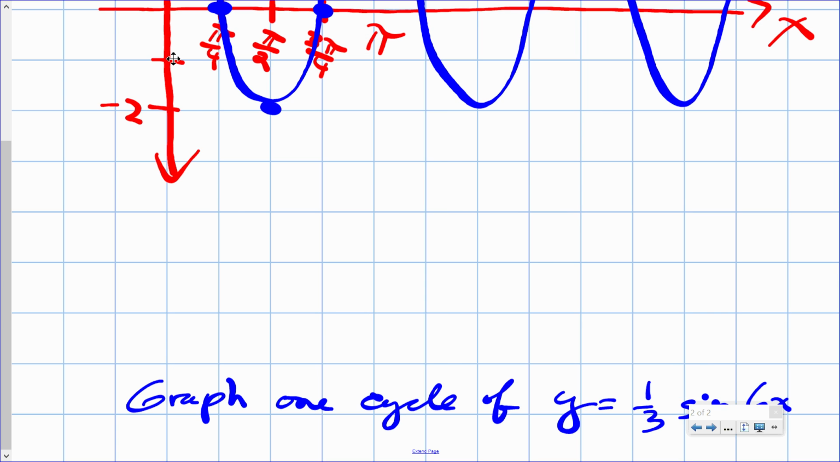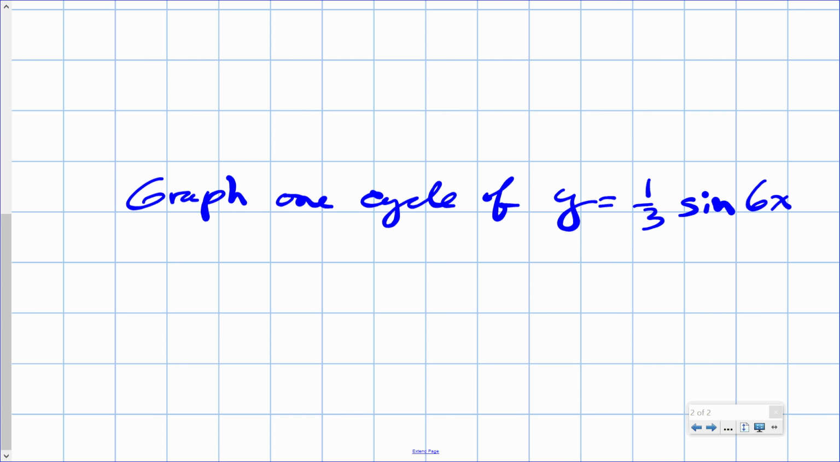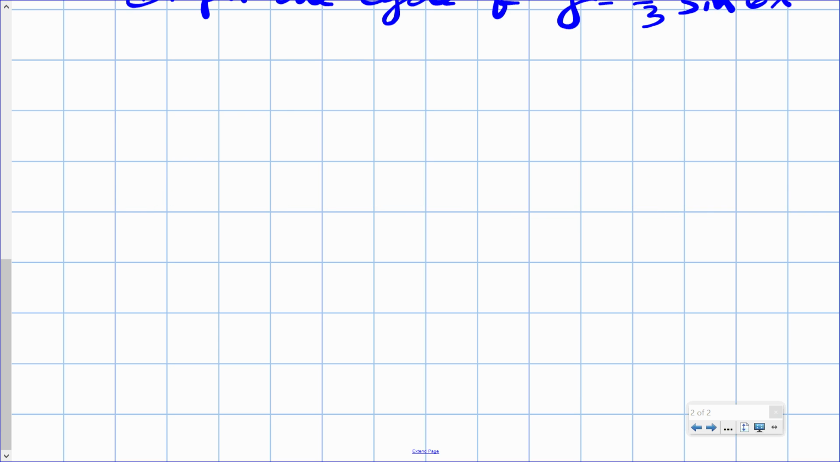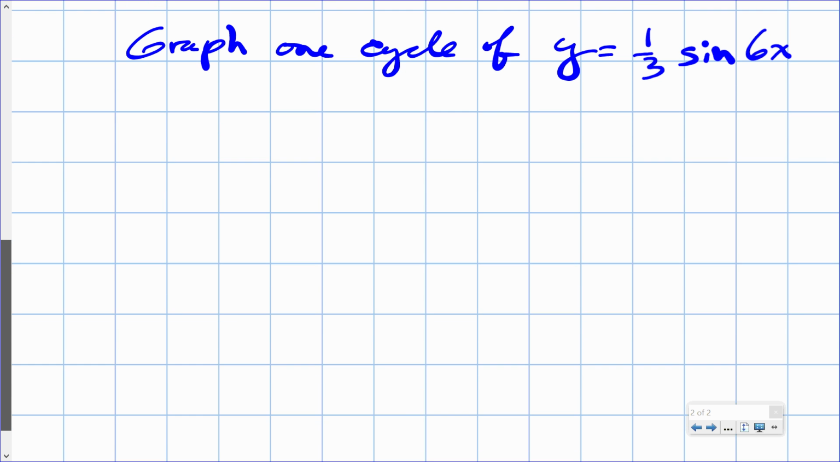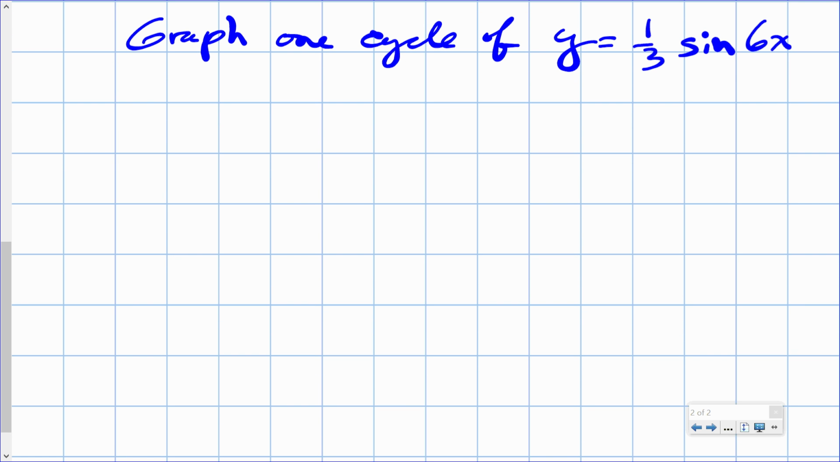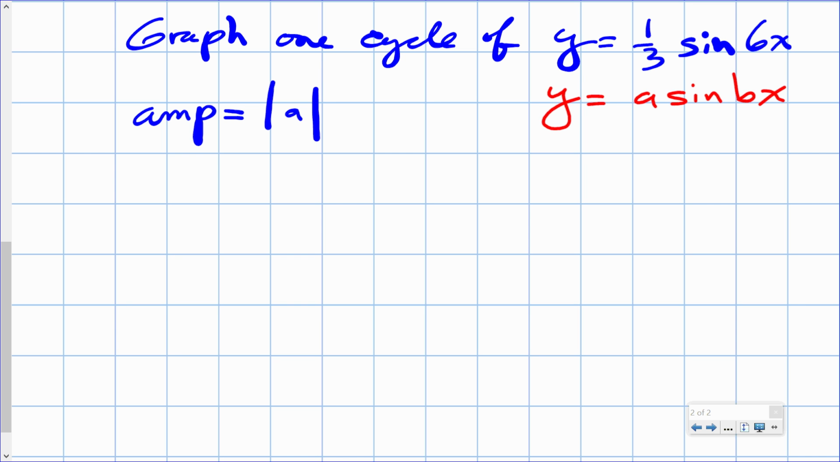Okay, first things first. Let's go ahead and find the amplitude and period. So amplitude is equal to the absolute value of A. We're comparing this to standard form, y is equal to A sine bx. Comparing it, we can see that the amplitude then is going to be